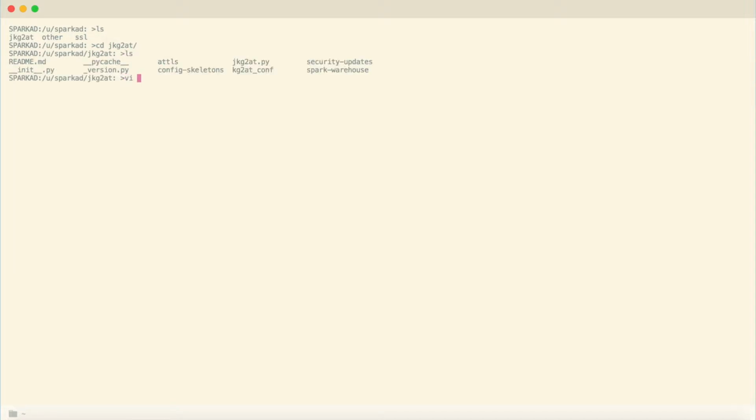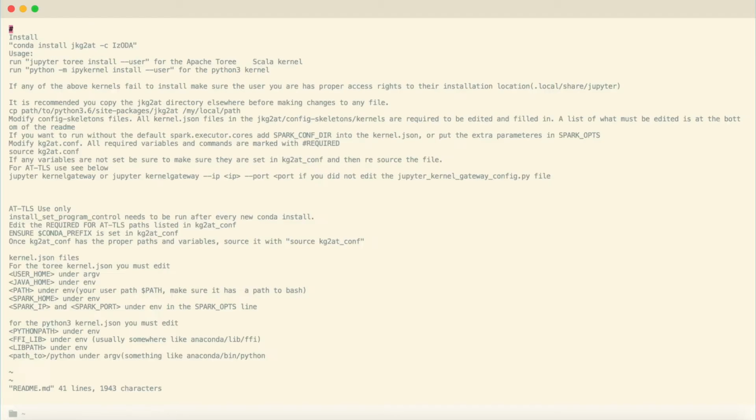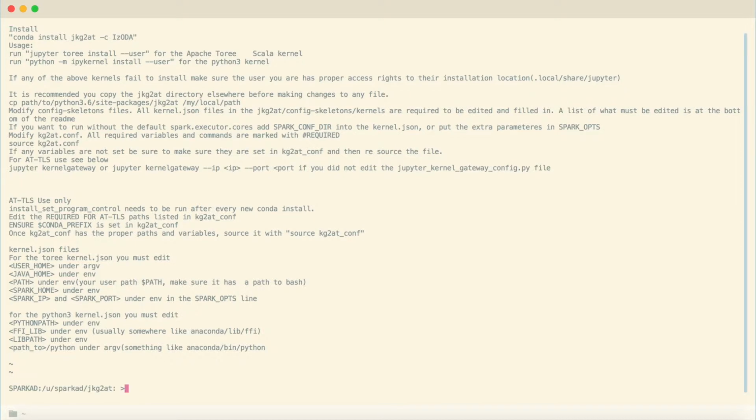Okay, good. If you're curious as to where the instructions are that we're following in this video, you can go within the JKG2AT folder, and here you'll find a README. If we just look at this README quickly, these are the instructions that we will mostly be following for this tutorial. So refer to this if you have any questions. If we go back out,